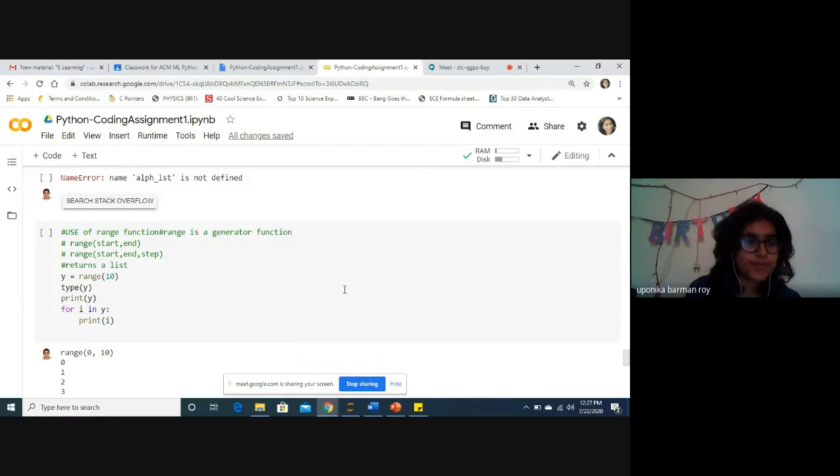So yeah, the range function is something where, suppose I want numbers from 1 to 10, so I make a list 1 comma 2 comma 3 comma 4. No need, we don't have to do that. If we have a function called range, and in range we mention the start and the end value, suppose start as 1 and end as 10, it will take all the values from 1 to 10. So that's why this range function is powerful.